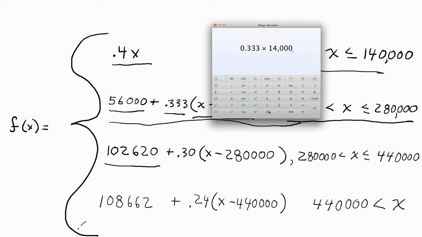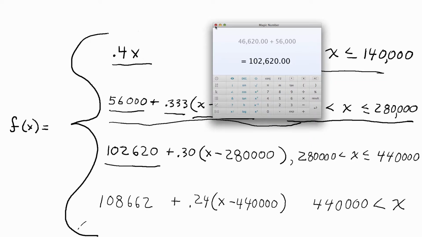That's what I'm doing here on the calculator, and that gives us this 46,620. Then I have to add to that the amount the attorney would have received for the first 140,000, and that's where this 56,000 comes from,